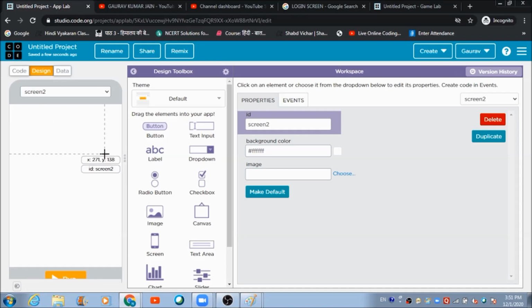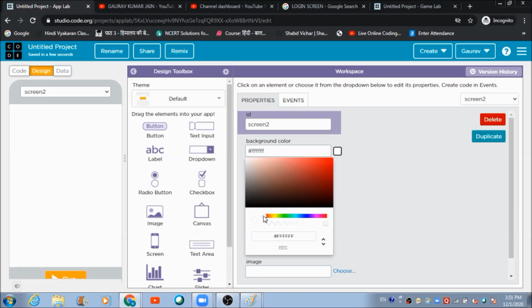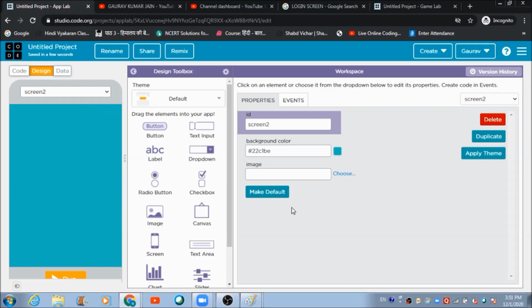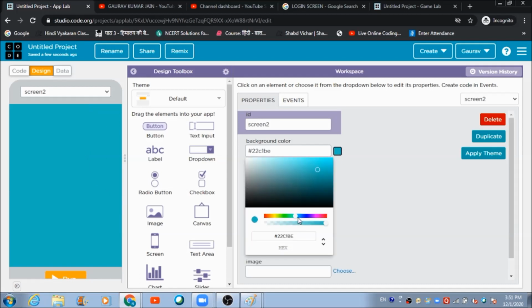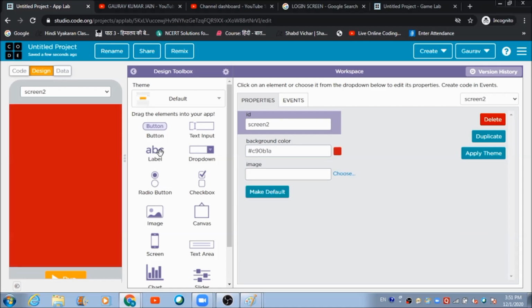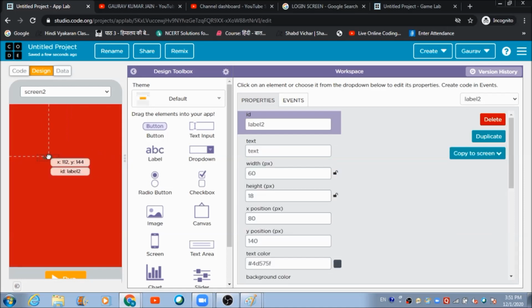Now, if you want to change the background color of this screen, you can select the screen, and from here you can change the background color. For now I am changing it to, let's say, this one. Or else let's select somewhat dark. Yeah, this is fine. Let's place a label also on this one,